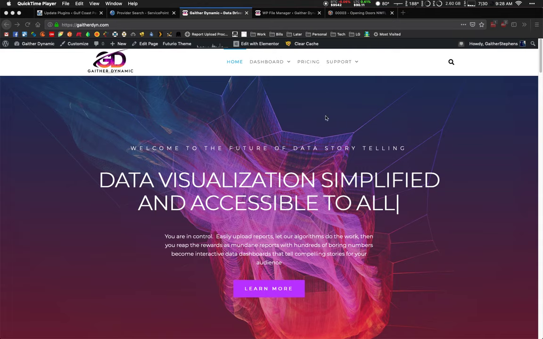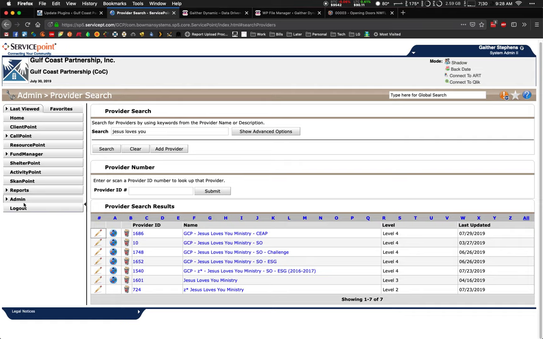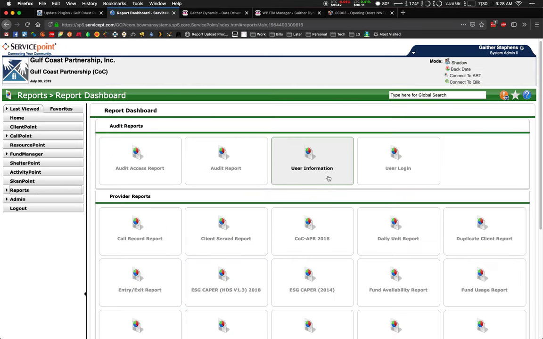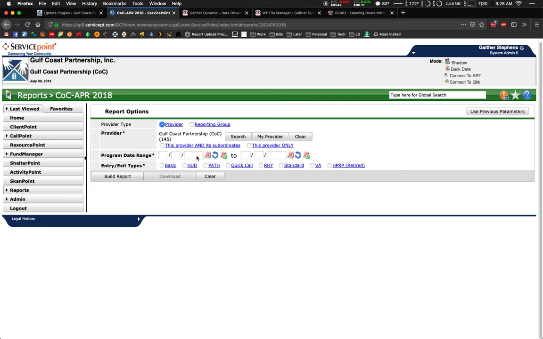I'm going to show you how to update dashboards data with a zip file from this particular vendor, which will be Service Point, but this will work with Client Track or any different vendor you have out there with an APR. So what I'm going to do is go into my reports, and I'm going to go to my APR,